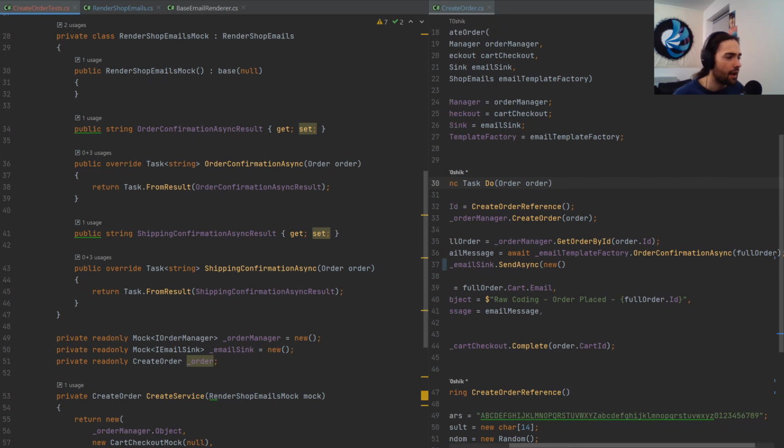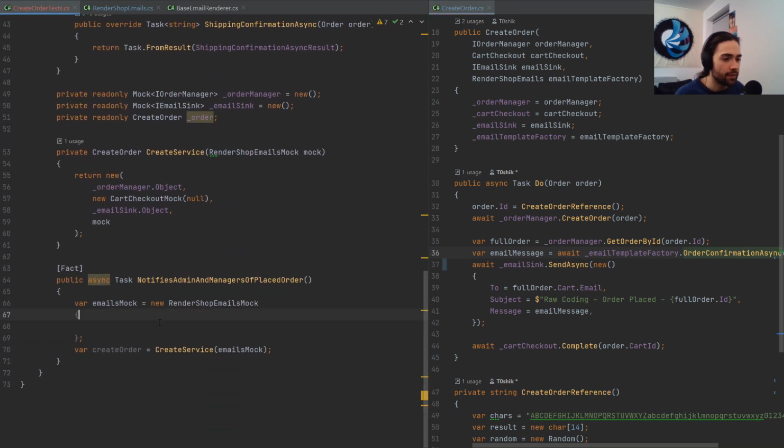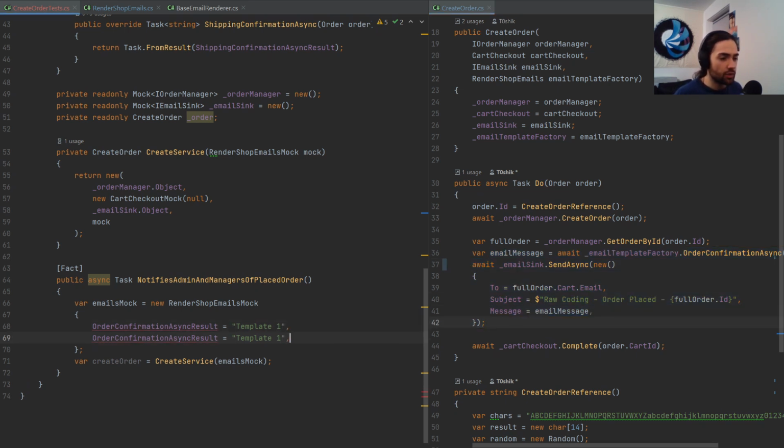Okay. I want this to generate some kind of email template. I'm not testing the service itself, so I'm okay with it returning an order confirmation result template 1. Okay. This is going to go ahead and send the notification to the customer. What I want to do now is also duplicate this and say order